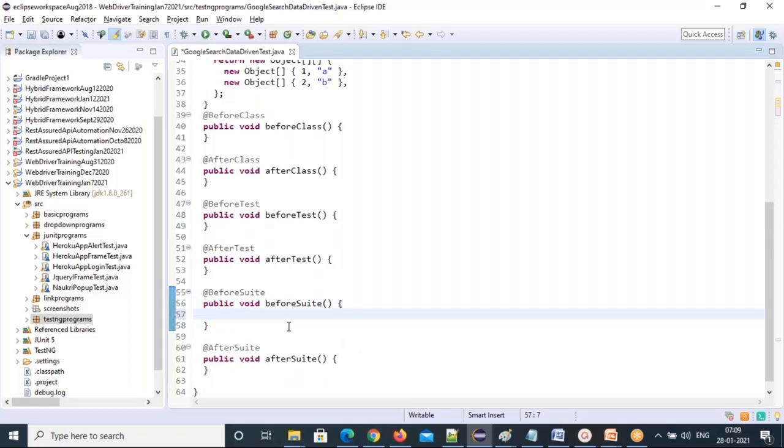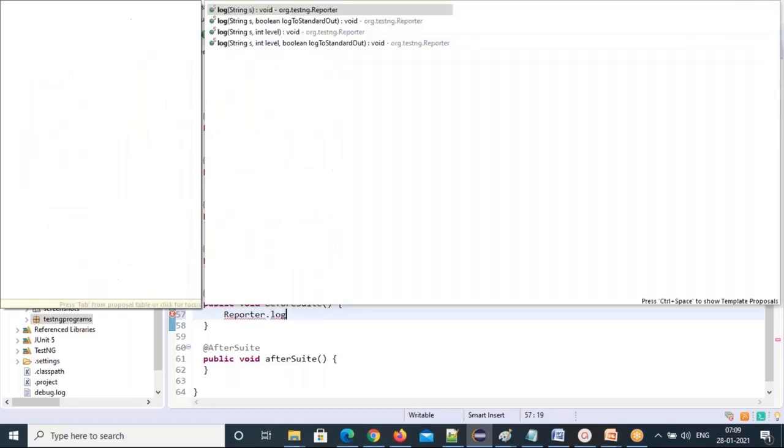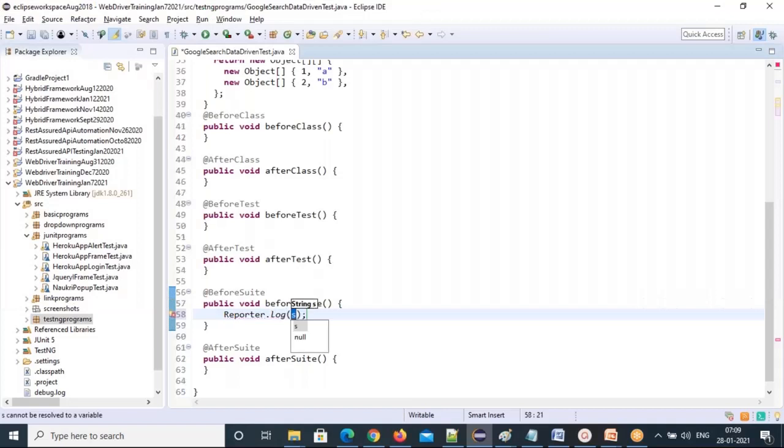Now, there is a logger in TestNG automatically. So you have a built-in logger in TestNG. This is the one, Reporter.log. All your log messages you can do with this Reporter.log. These Reporter.log messages will show in the reports.